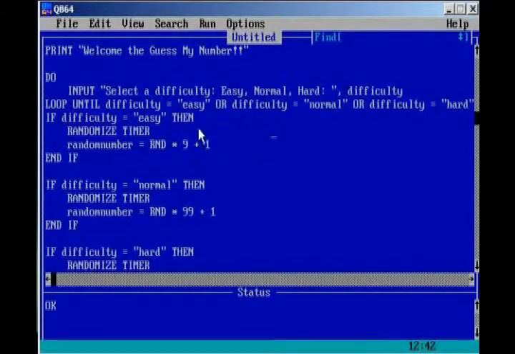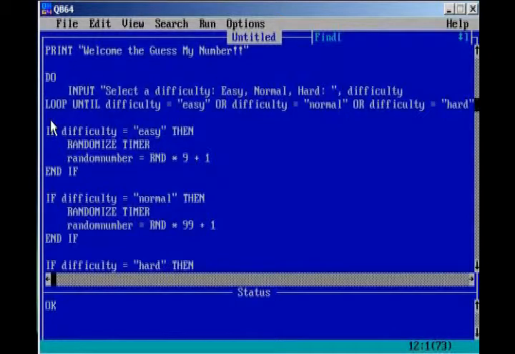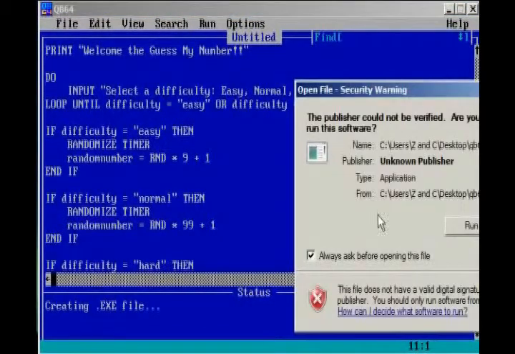Now that's much better. So, what this line of code will do, I'm going to put some space to make it look neat. I set up a do loop, and we have the input select a difficulty. It's going to keep looping until difficulty equals easy, normal, or hard. Simple as that. So if we run our program,